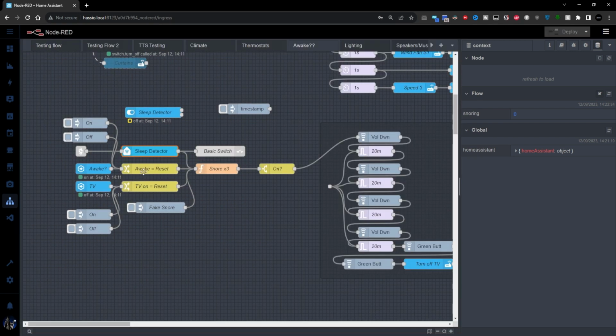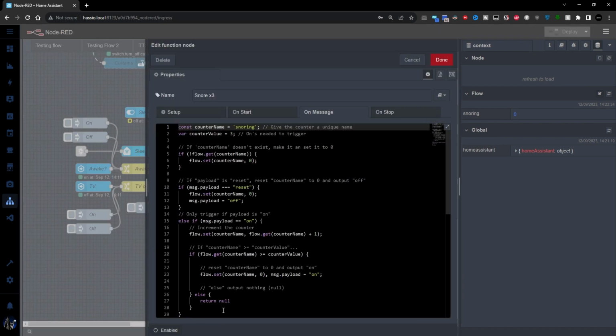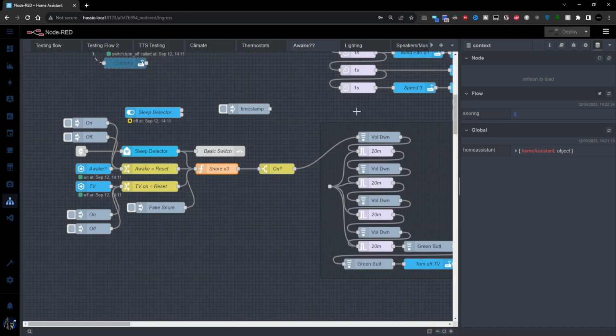All this flow does, we'll come back to these in a second, is I've got a snore, and you can see here I've got a snoring variable. So in here, all the code's the same, I've just added comments here, which you'll find in the code that I give you, but it's a local variable because I'm using flow here, and you can see that over here in the flow, one called snoring. I'm currently awake, so I'm not snoring at the moment. So I've given that the name snoring. What this does is it waits for me to be snoring 3 times in a row and then triggers something. That's something that it's doing in my case.